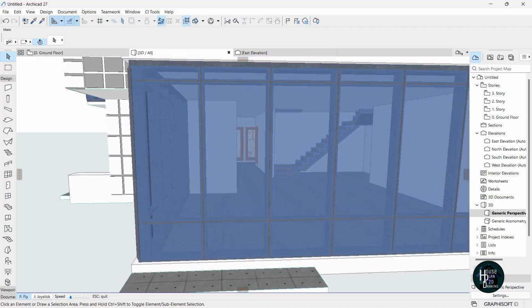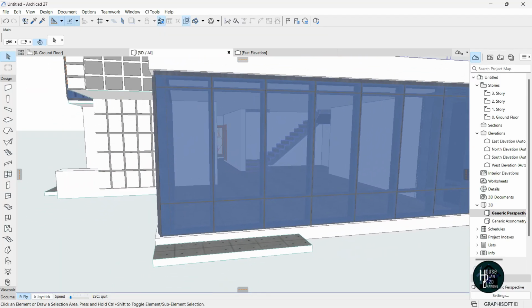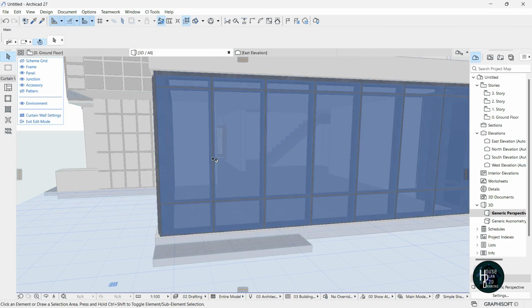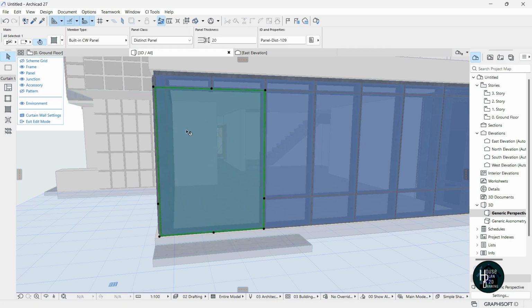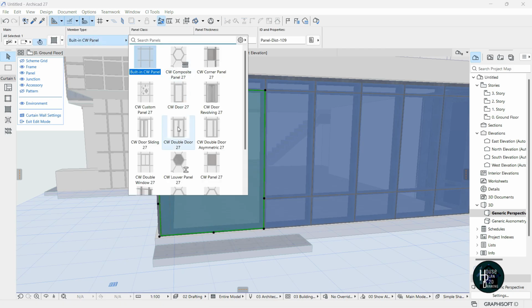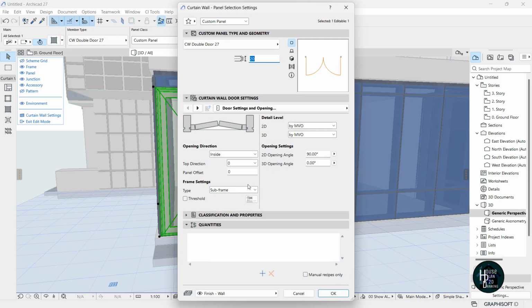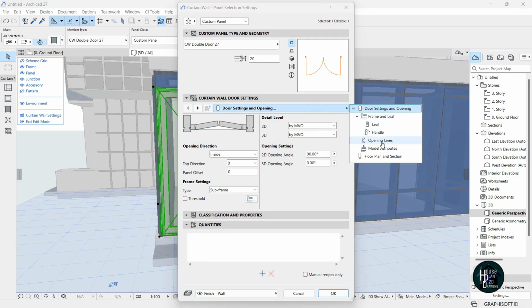That was the same thing I did for this other side here also. Click this on the curtain wall, click on the Edit, click this middle side, delete it, click this, delete it, click this, delete it, click this, delete it. Okay, click on this edge here, on this panel now, click this and let's look for the door, double click on it. Okay, click on the settings dialog, click this and just